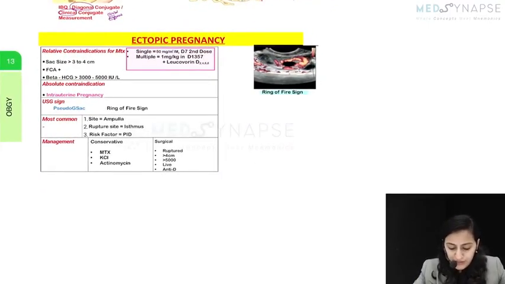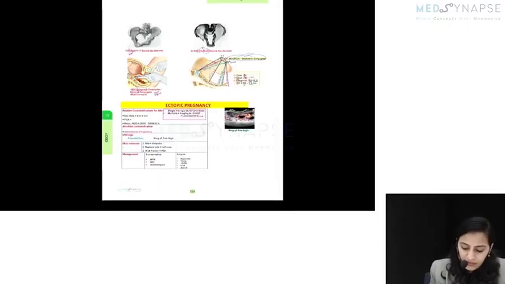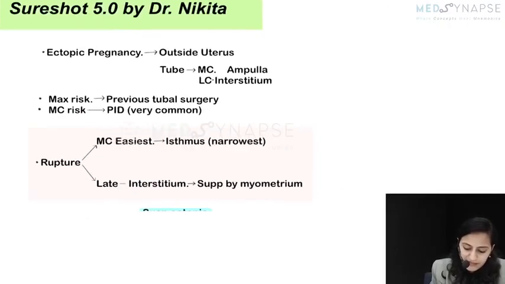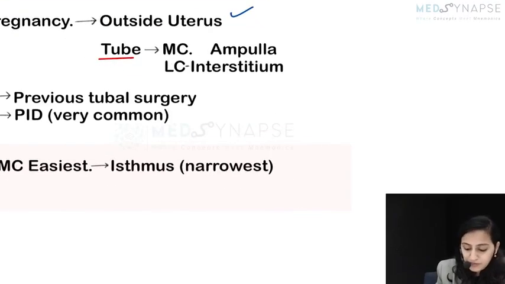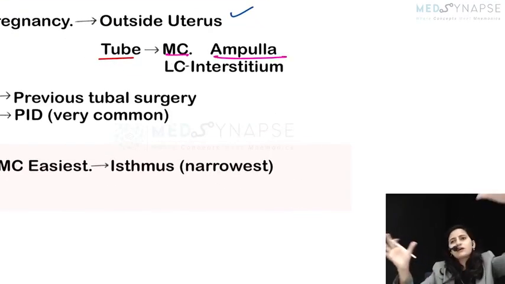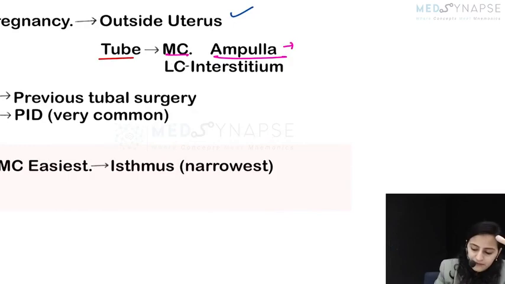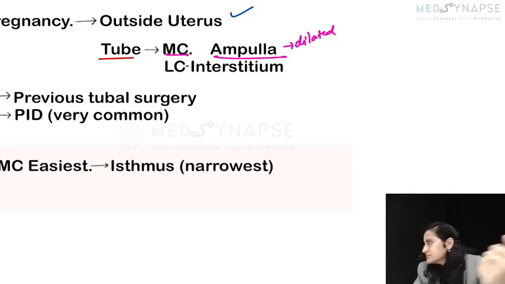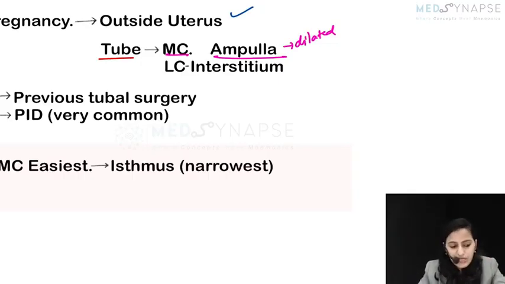Coming to ectopic pregnancy. Ectopic means pregnancy occurring at an ectopic site outside the uterus. For ectopic pregnancy, the most common site is the fallopian tube. The most common site in the fallopian tube is the ampulla. Ampulla means the dilated part. If it is dilated, the pregnancy can grow well. So nature itself tries to take it in the dilated part. Least common,